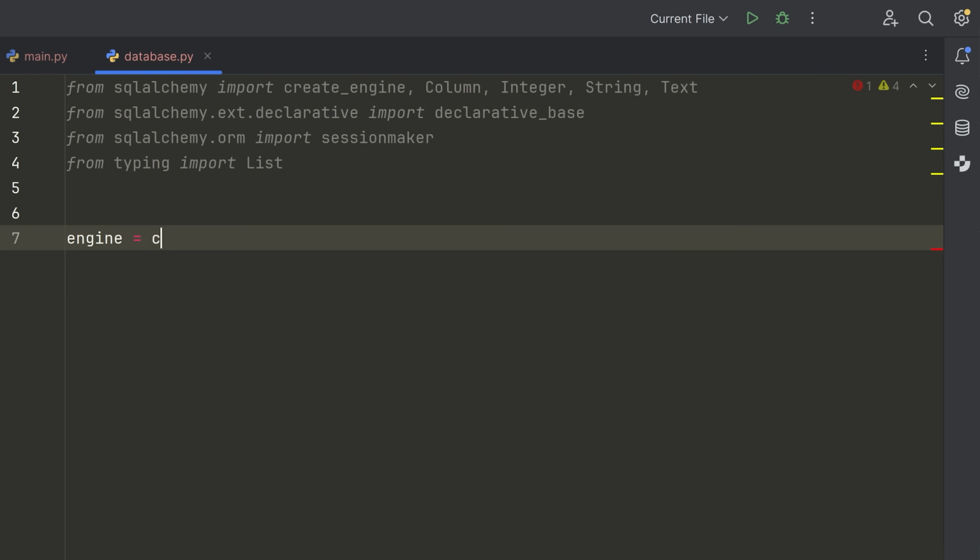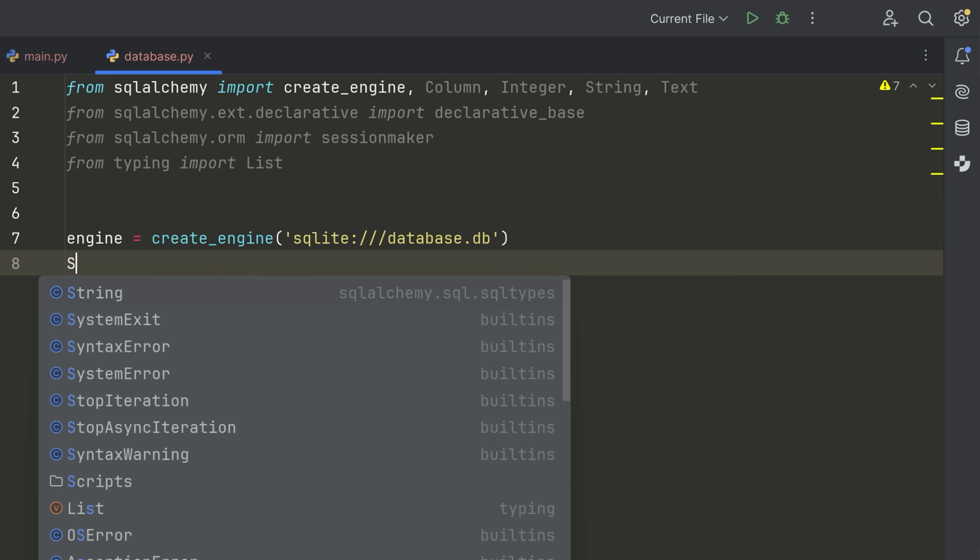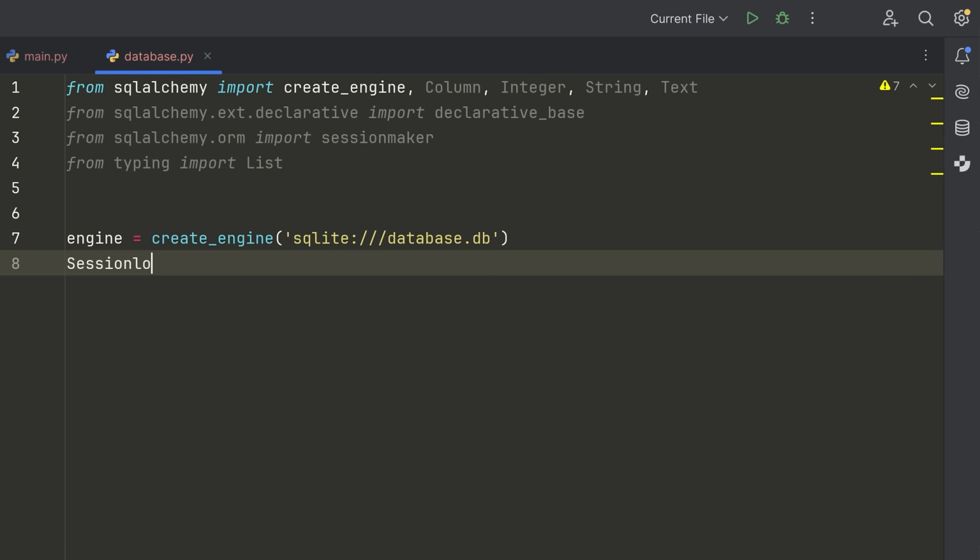So we're going to say engine is equal to create_engine, and then we specify, I'm going to get rid of the echo here, what database we want to connect to. Now we can say sqlite:///database.db, the name of our database. This will create it locally. If you wanted to connect to a Postgres database or a remote database or something like that, you would change the engine definition here. Then we're going to say the SessionLocal is equal to the sessionmaker,